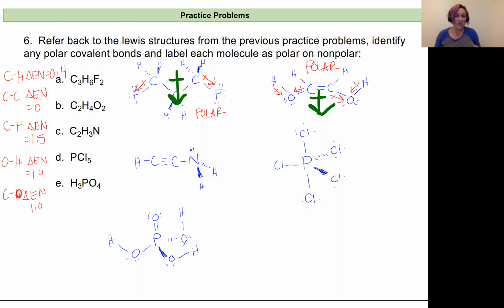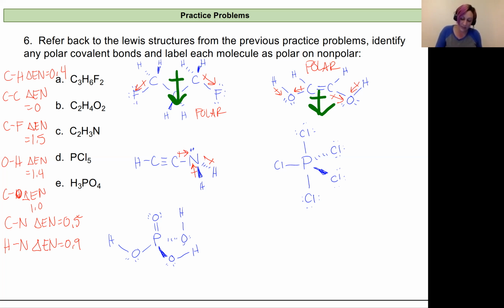So carbon and hydrogen we've established as nonpolar. Carbon-carbon, nonpolar. Now carbon-nitrogen is going to have an electronegativity difference equal to 0.5. So it's right on the edge, but we would consider this a polar covalent bond. Our hydrogen-nitrogen bond will be polar as well. It'll be equal to 0.9 for its difference. So I